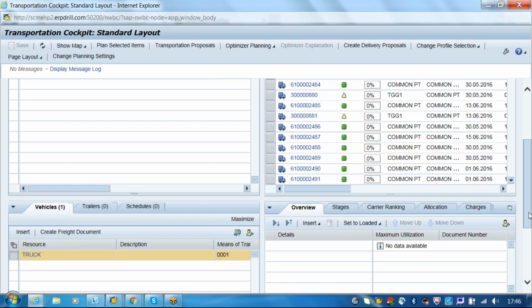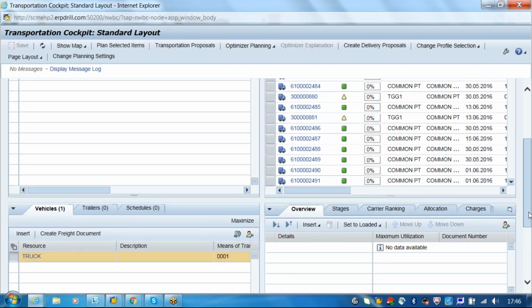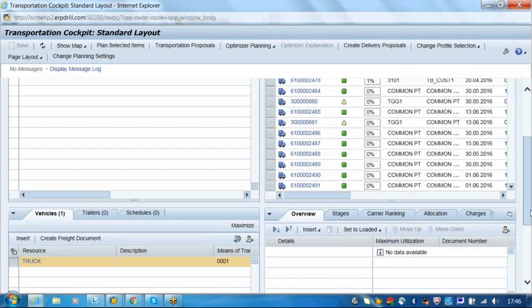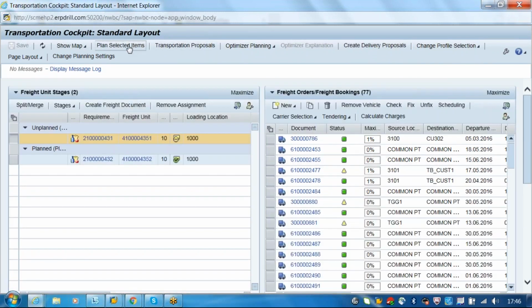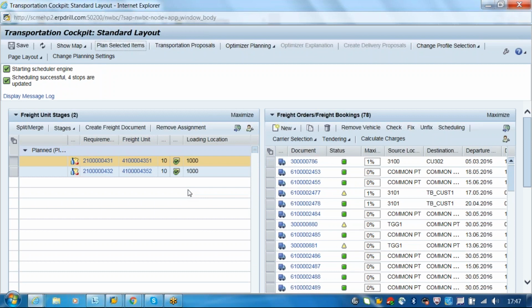Okay, just choose this. You are doing manual planning. You have to choose the vehicle. You have to choose this document and go to plan selected items. Okay, so once you do this, the unplanned value will go to planned. See here, the unplanned value will go to planned.